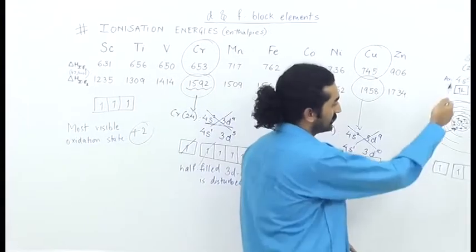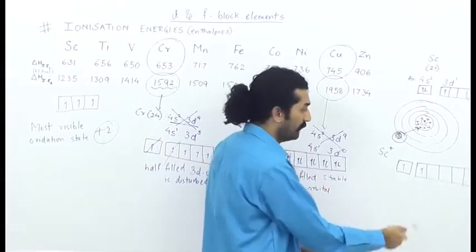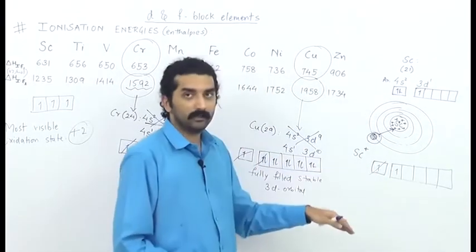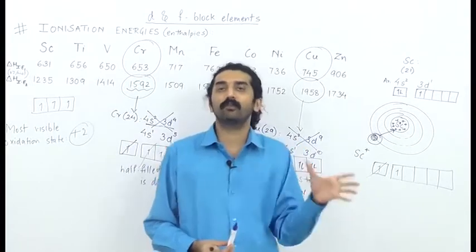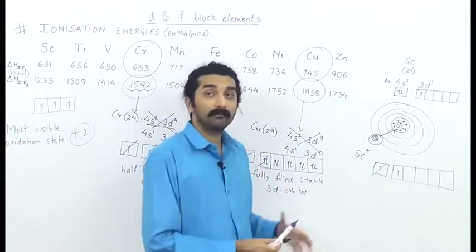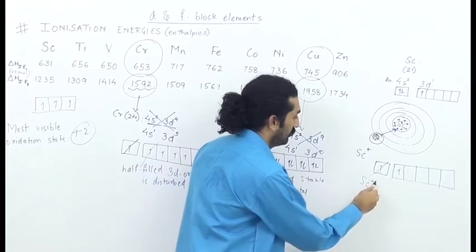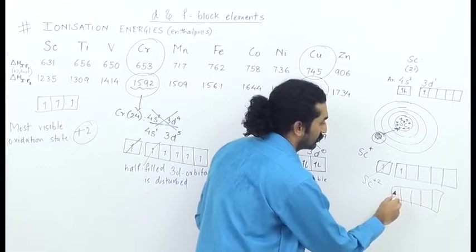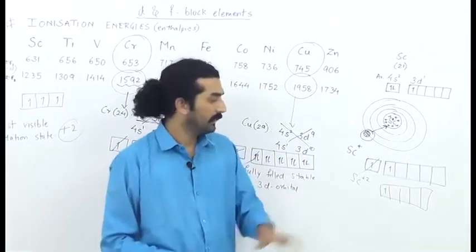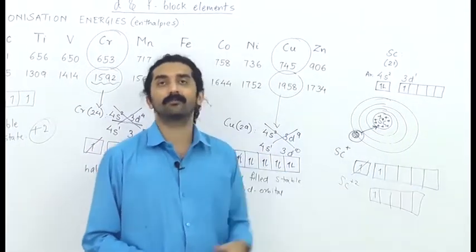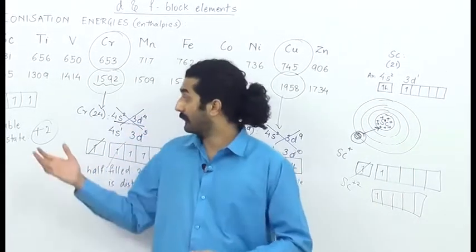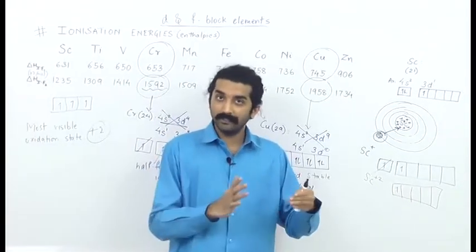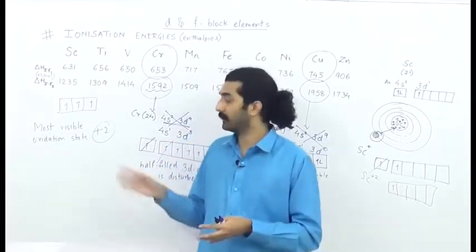As we saw here, this is scandium +1, but then there is 1 electron in the 4s orbital as well. If we remove that electron, then the entire 4th orbit is eliminated and scandium +2 is obtained, which has 3d as the last orbital with only one single electron, and hence this very readily gets involved in chemical reaction. So the most likely visible predominant oxidation state for this particular 3d group is nothing but +2.